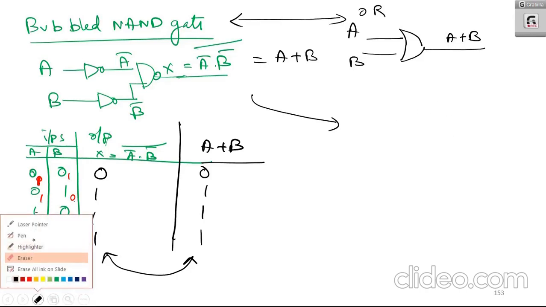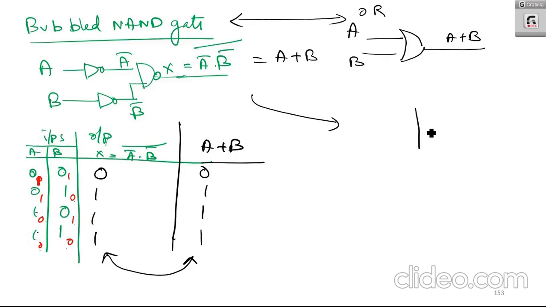This bubbled NAND, right? And get A, B, this bubbled, and X is equal to A bar dot B bar the whole bar, that is equal to